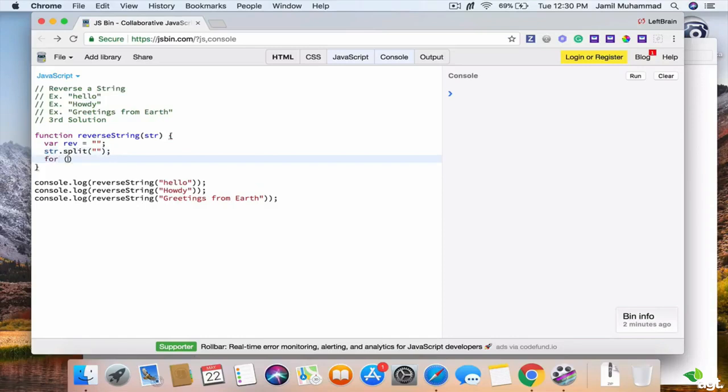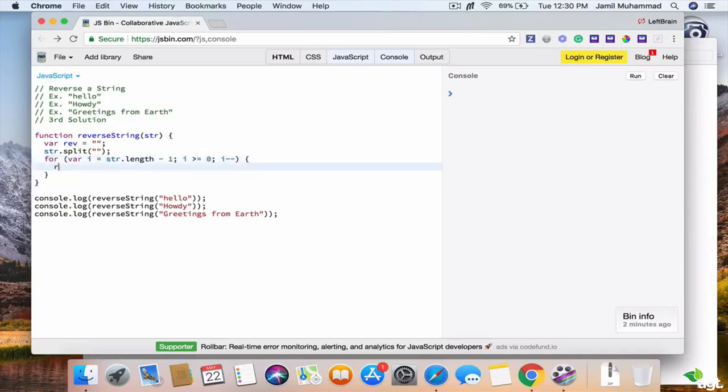After that, a for loop again: var i equal to string length minus 1, and then i is going to be again greater than or equal to 0, decremented by 1, and then rev plus equal str[i],